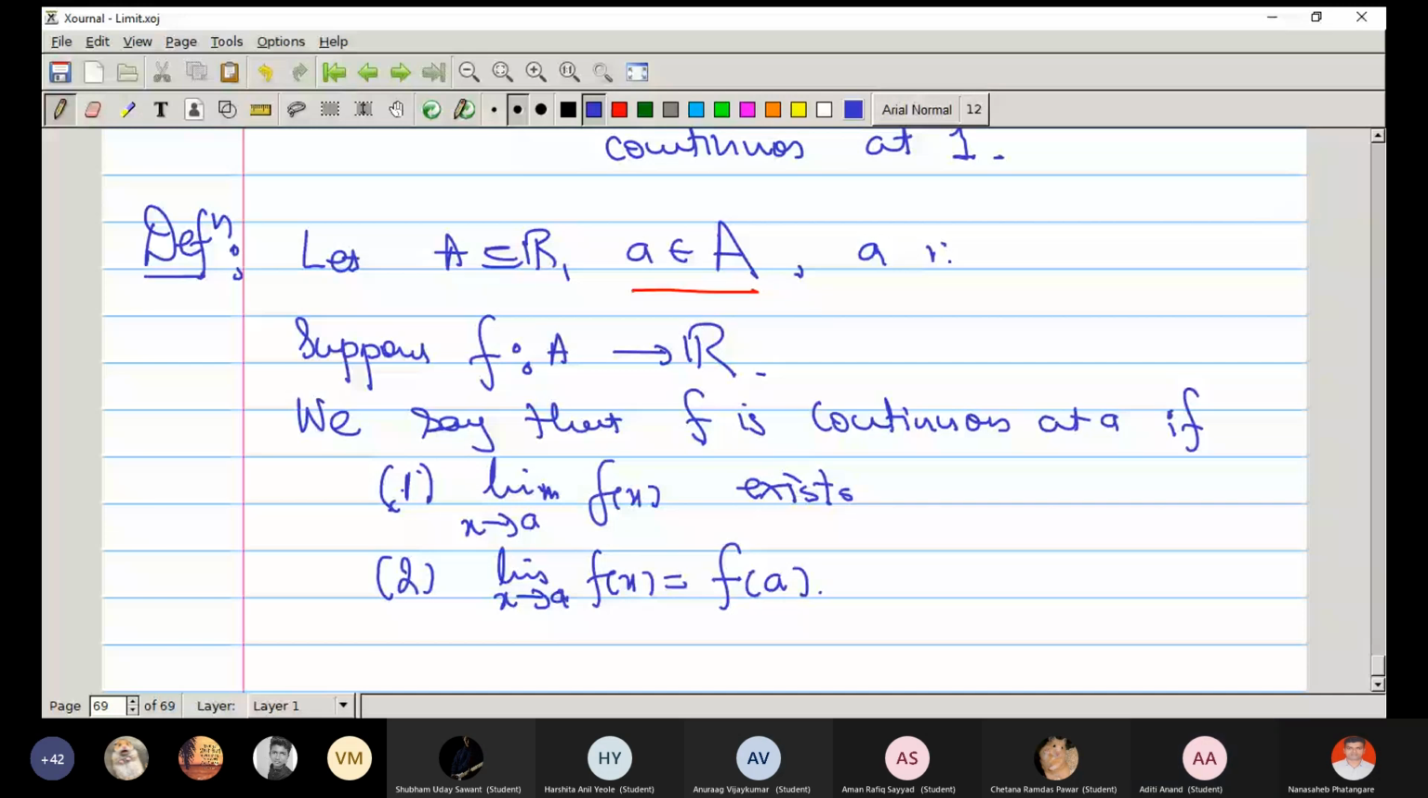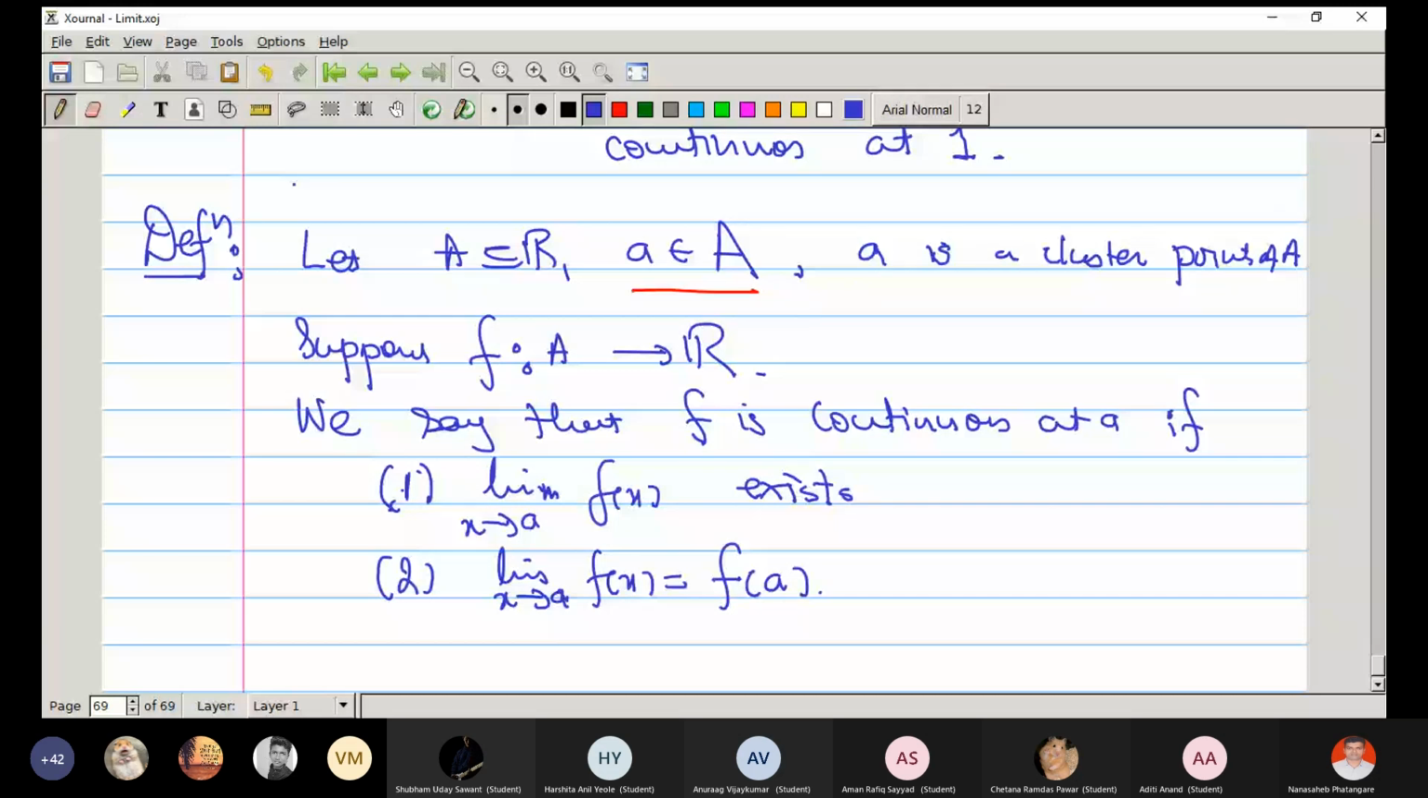When I say that function is continuous at a, it means limit at a exists and it is equal to the value of function at a. As soon as I am using the word limit, what condition on a should we put? Just recall what we discussed when we talked about limit. a is a cluster point of A. Very good. So a is a cluster point of A. Then only we can talk about limit,